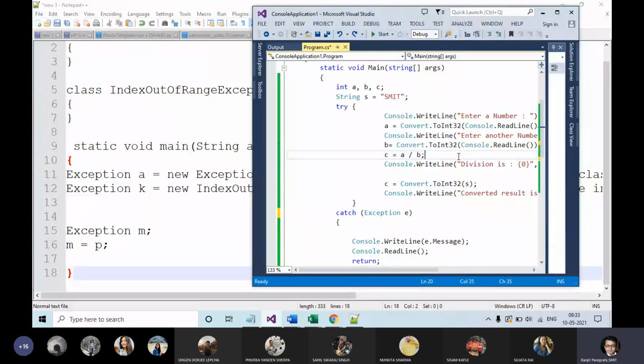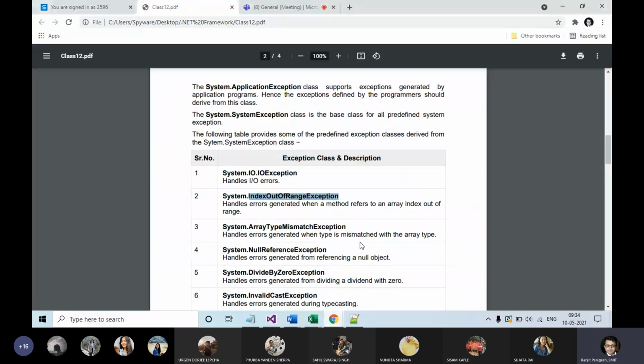Then it creates an exception object of that specific type of error. Means if an array index out of bound exception has been happened, so in that case the system creates object of index out of range exception class. If an error happens related to the input output, then the system creates an object of IO exception class.